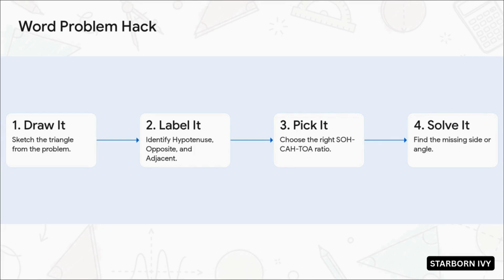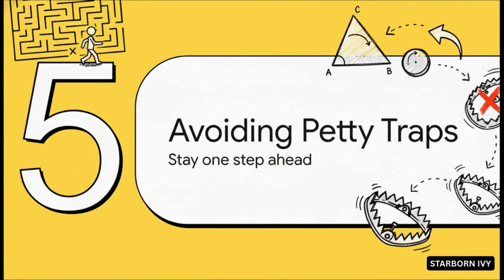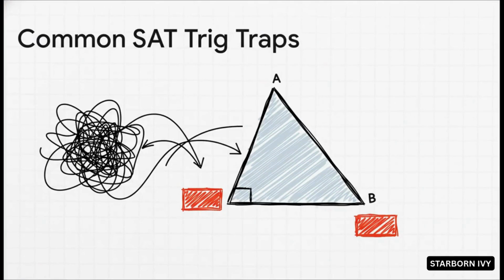That's the system. So, the SAT knows the common places where students mess up. It's a predictable test, which also means the traps are predictable. Let's learn to spot them so you can just walk right around them. The traps are usually pretty simple. The number one mistake is just mixing up opposite and